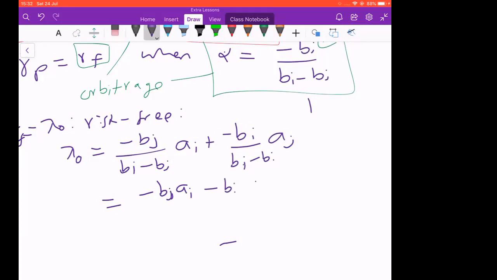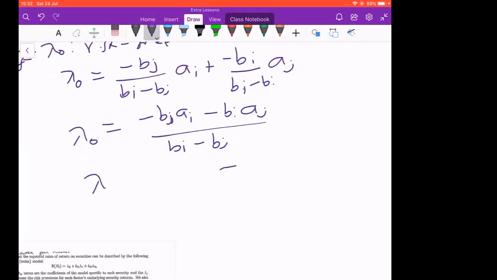minus BI over AJ over BI minus BJ. Equals to lambda. Then you can say lambda times BI minus BJ. It's going to be equals to,